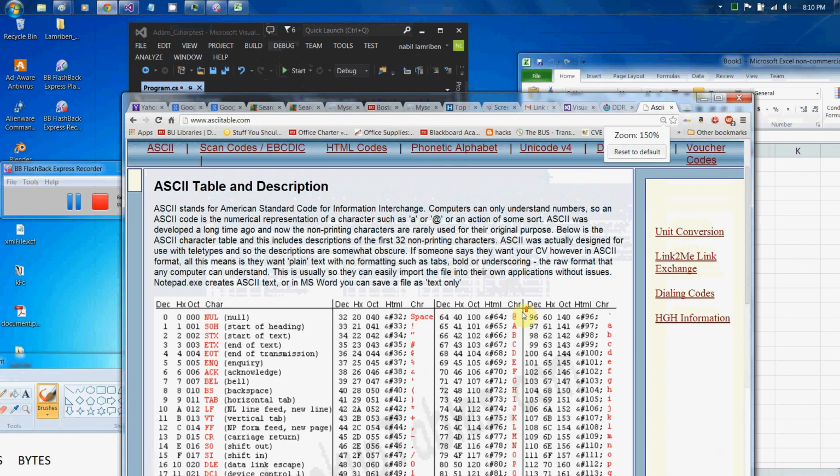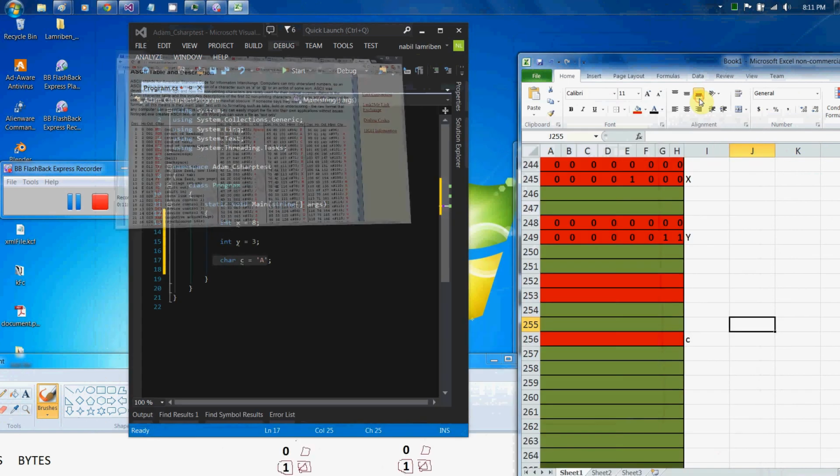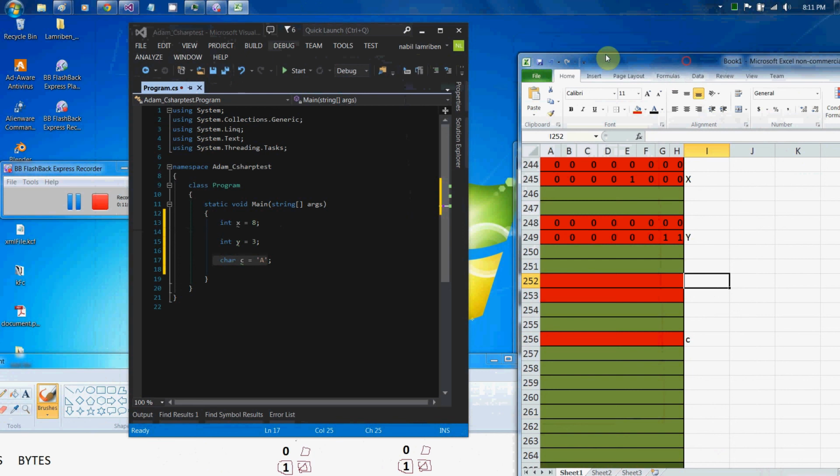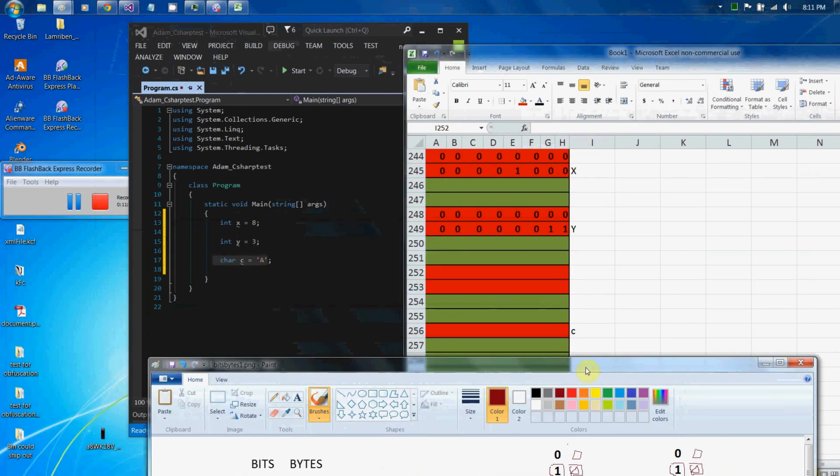This is pretty good. Okay, so there we go. Capital A is number 65 in decimal. So if you convert that to binary, what is 65? Well, I know that 64 is a power of 2,